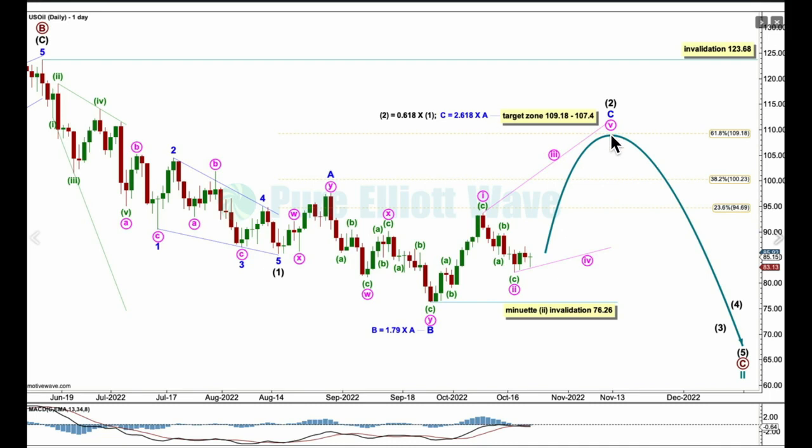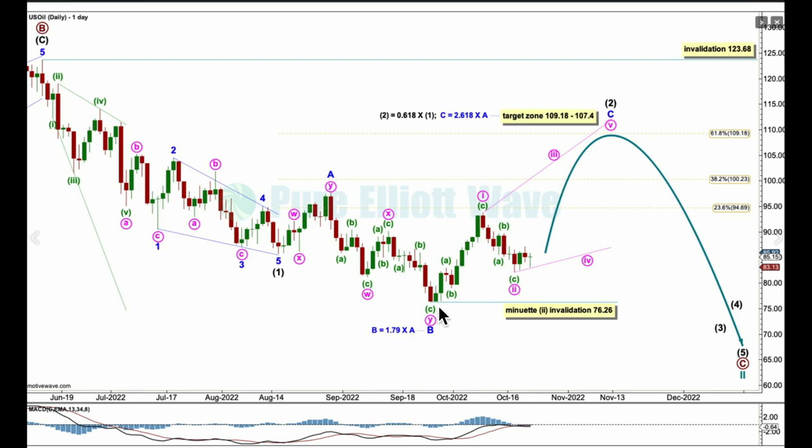Intermediate 2 may be subdividing as an expanded flat. They are labelled A, B, C, and they subdivide 3, 3, 5. Within an expanded flat, the B wave moves beyond the start of wave A. Here, minor B is a 1.79 length of minor A. That's a bit longer than the common range, but still well within an allowable guideline of up to 2 times